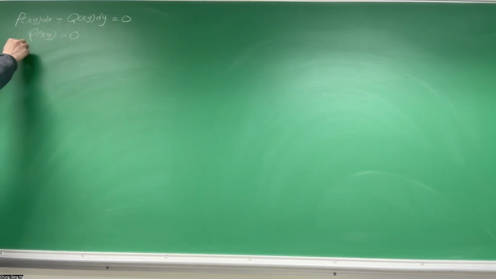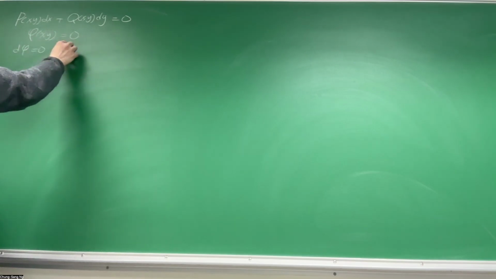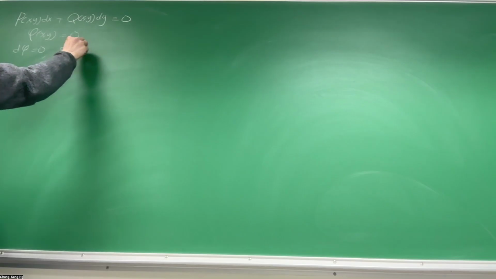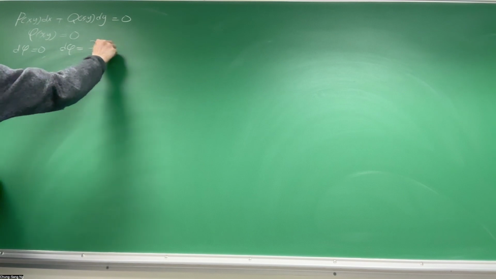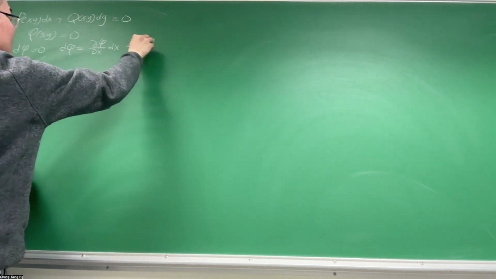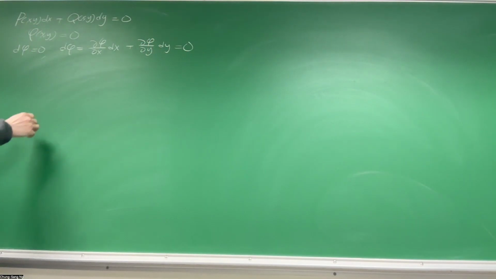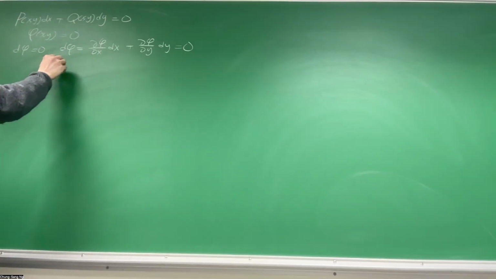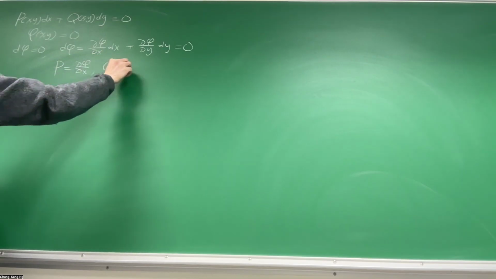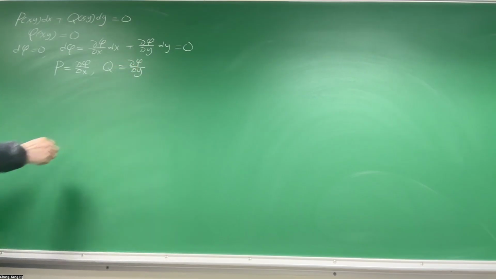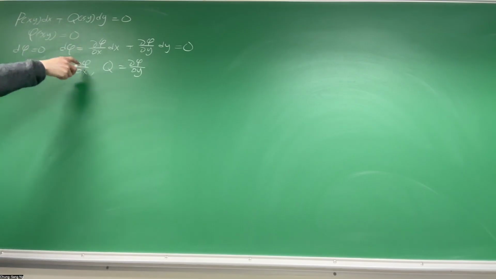If this is 0, then d phi of this is 0, right? And d phi, as a function of two variables, is just partial phi partial x dx plus partial phi partial y dy, right? So that equals 0. Compare with that, and you require that p is partial phi partial x, and q is partial phi partial y, right? If the equation can be written in this form,